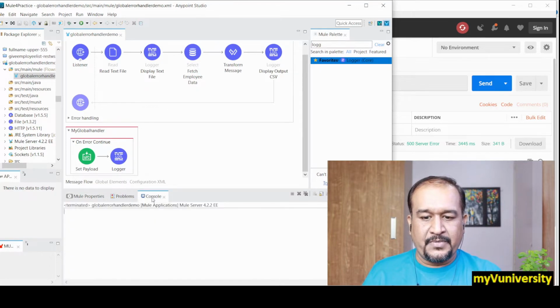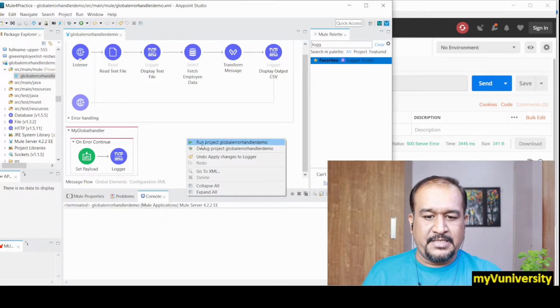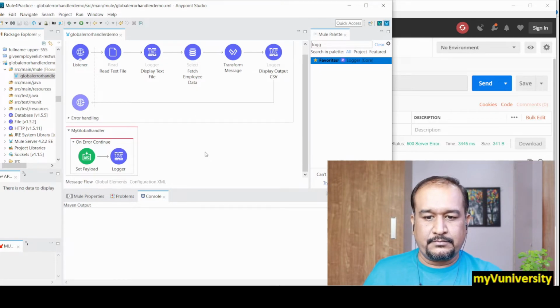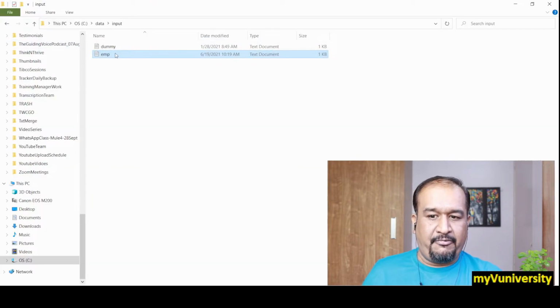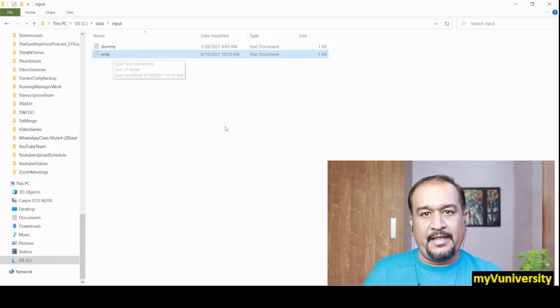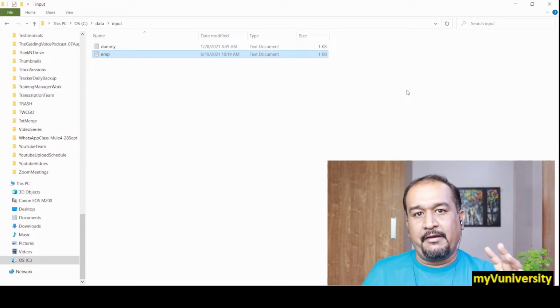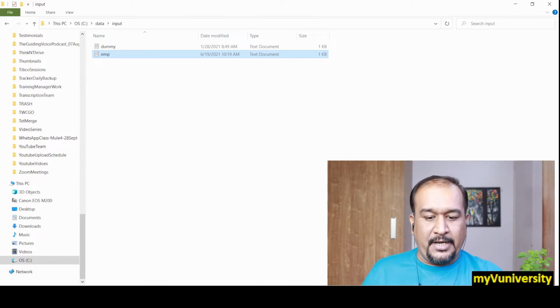Now let us see how this particular project gets executed. I run this again. Okay, and this time the file exists in the input tab, so a file related error will not occur. But the database service is not running, so definitely a DB connectivity error will occur, but the user will not get such kind